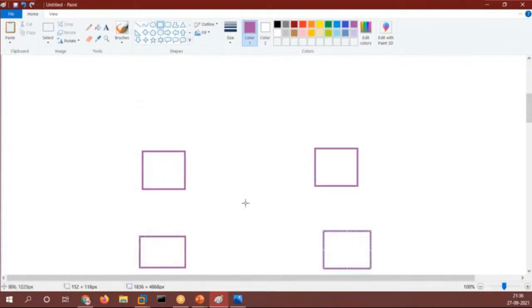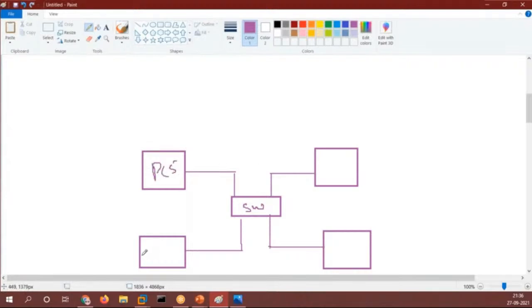There are these four devices, and they are also connected to a switch. This is the switch, and these are PC5, PC6, PC7, and PC8.